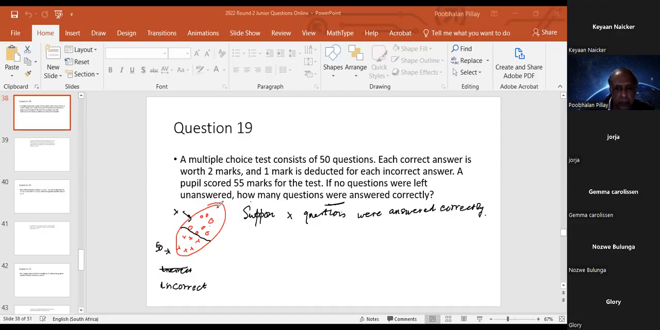Okay, so you got 50 altogether and you got X answered correctly. So there would have been 50 minus X, which were answered incorrectly. Now we can calculate the total marks that he got. You know he scored 55 marks, so you got an equation. You can calculate the total marks because there were X which were correct. Each correct one